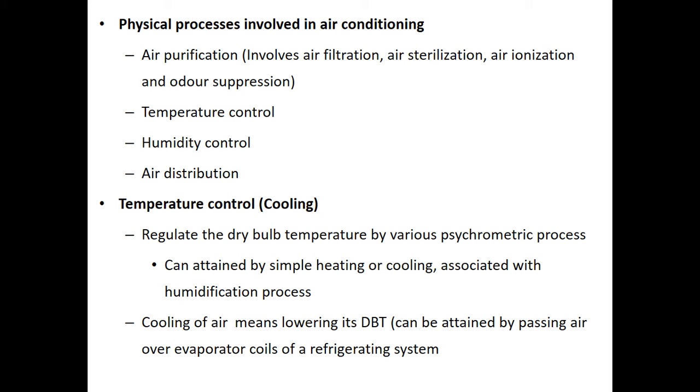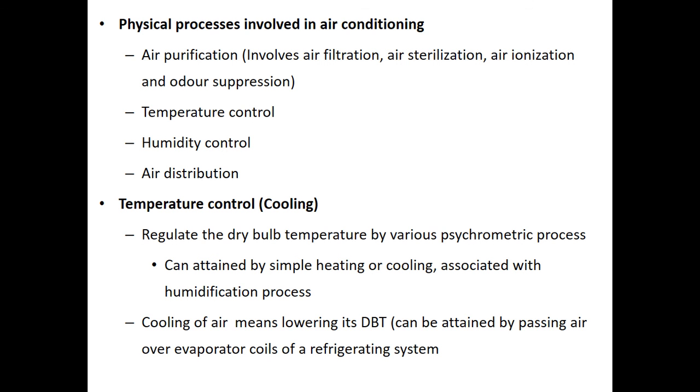As I told you, if the outside temperature is very low, of the order of 0 degrees or minus temperature, you need to increase the DBT value. And how can you achieve that? By passing the air over heated surfaces. Usually these heating surfaces are located outside the room which is to be conditioned. We put these heating surfaces outside the room, and this heated air flows to the room by fan function. The warm air heating system